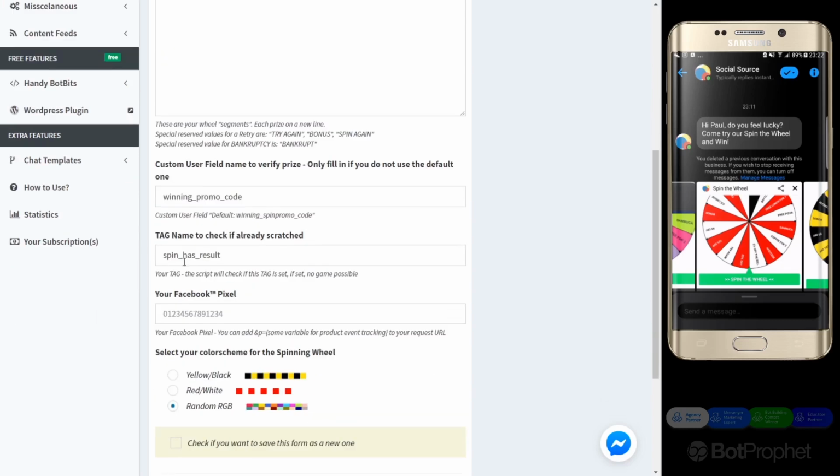The tag name, like already been scratched. What this does is once you scratched, or once you, I see I have to rename this by the way, because it's from the scratch cards. I have to rename that to spin the wheel, so I'll change that in a second. Anyway,